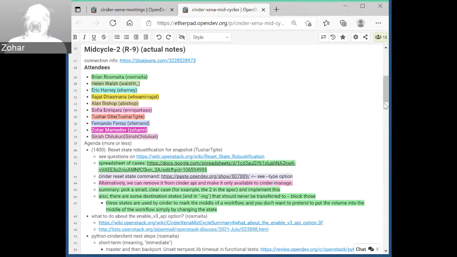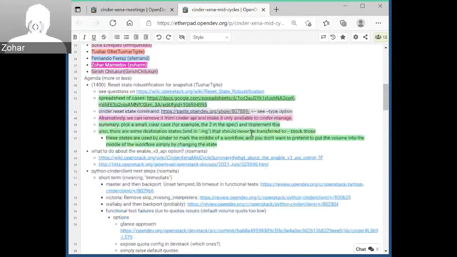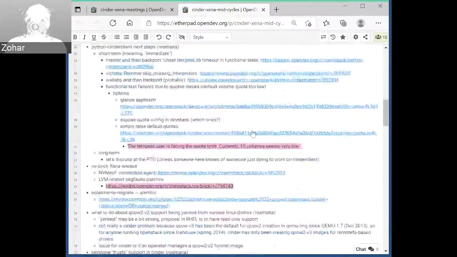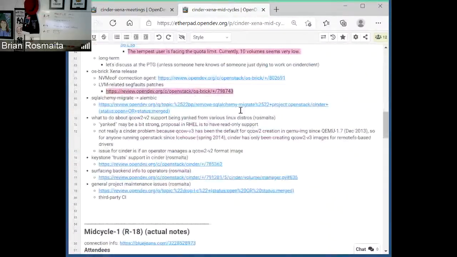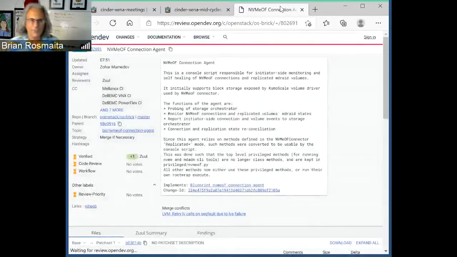So let's go ahead and take a look at this OS Brick patch. Okay, so we've got the NVMe-OF connection agent.